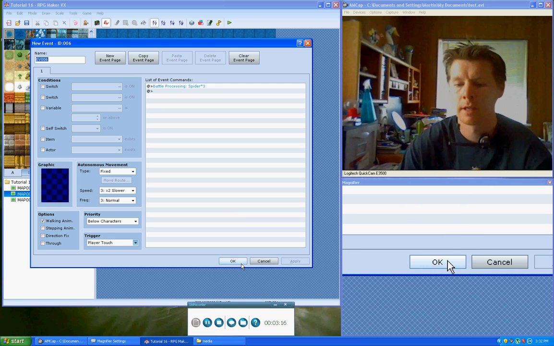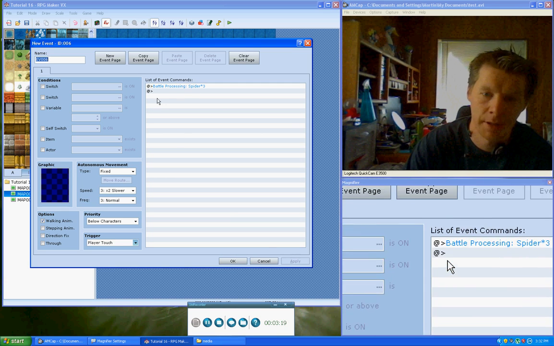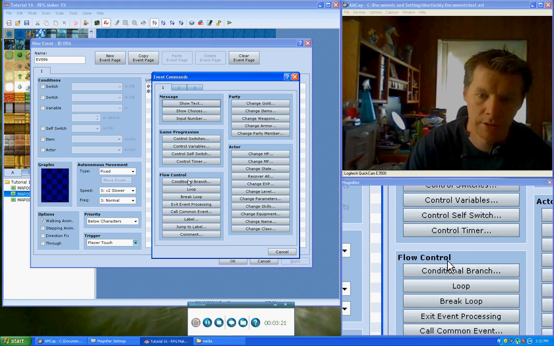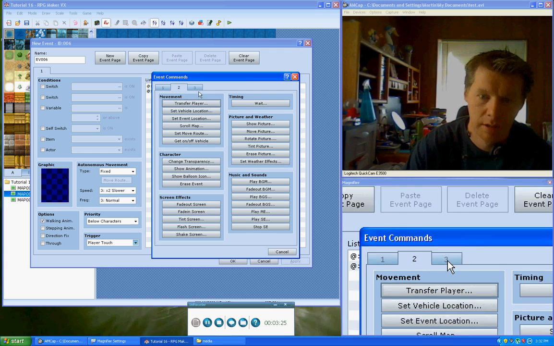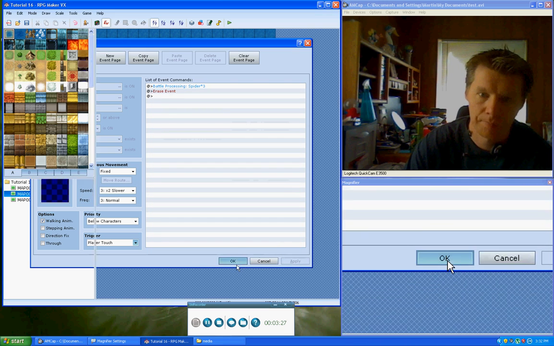Basically what I'm going to be looking at here is the fact that when you step on this here, it's going to run that, and then once it completes that, it's going to erase itself,